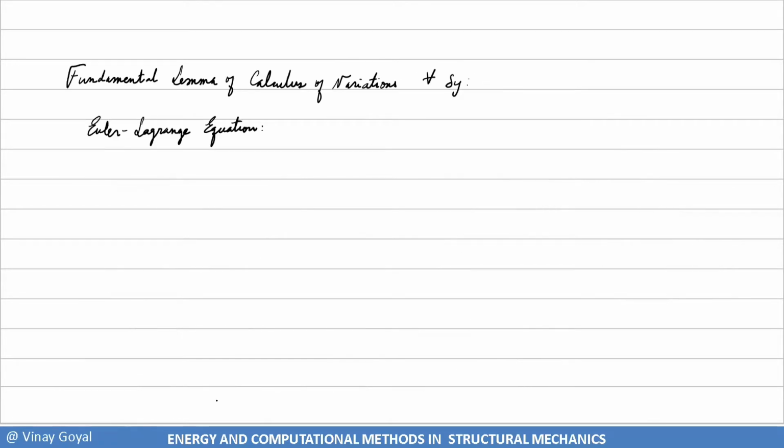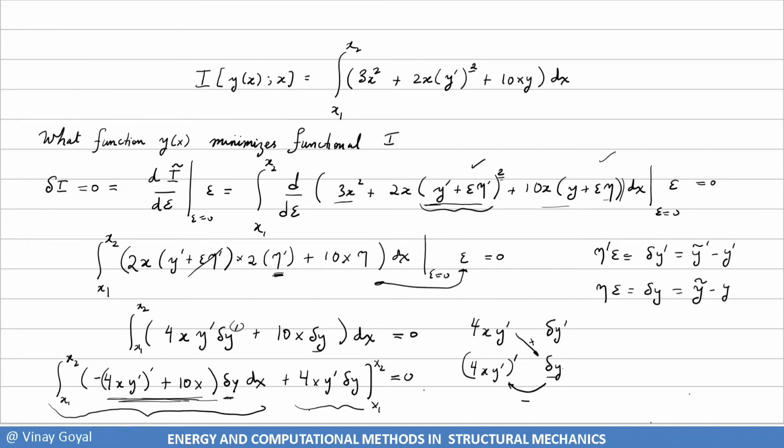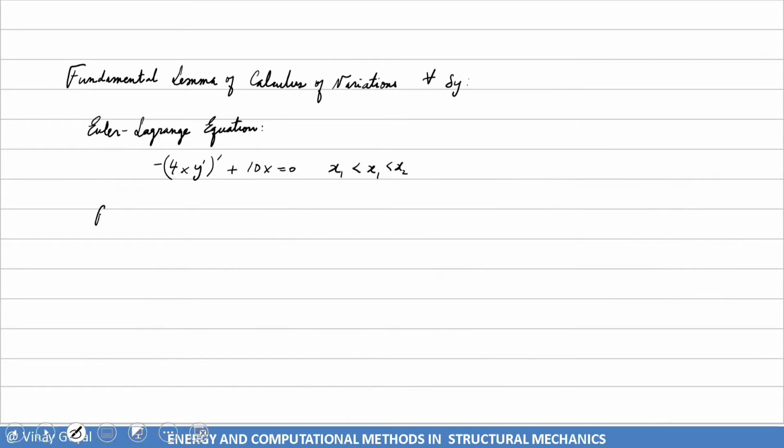And so then I have minus 4xy prime plus 10x equal to 0. And that's true between x1 and x2. And the boundary condition is, if you recall, I have this boundary condition here, and I have basically an a times b situation. So a times b has to be equal to 0 at each end point. So either this is 0 or that's 0. And so that boundary conditions then become,